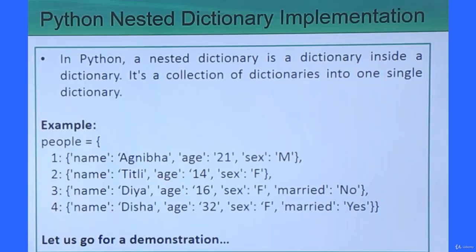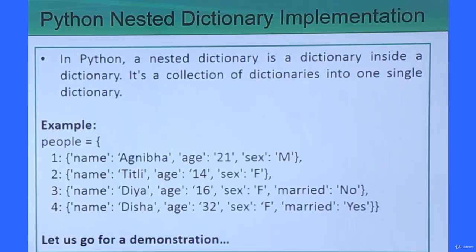We are having this people. This is my key and this is the respective value. And this value is another dictionary. This is another key, colon is the separator between key and value, and this is one value, and the value is itself another dictionary. And you see we are putting a comma here. And then 3, this is the respective value, 4, there is a key and this is the respective value. Just consider the inner dictionaries here.